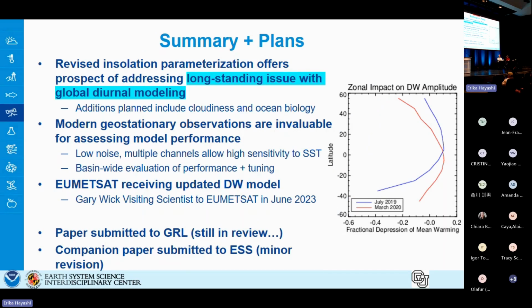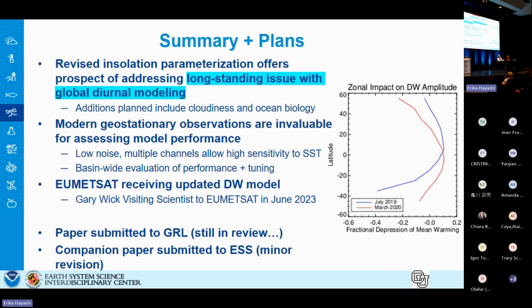Now, to summarize, I think we essentially addressed a problem, which was too much diurnal warming in the tropics. Particularly, putting in the water vapor does dampen it down, depending on the season. And then, of course, it does enhance the warming at higher latitudes as well, which is kind of useful. So overall, the balance is significantly better. But we want to put cloud in the sim. We want to put ocean